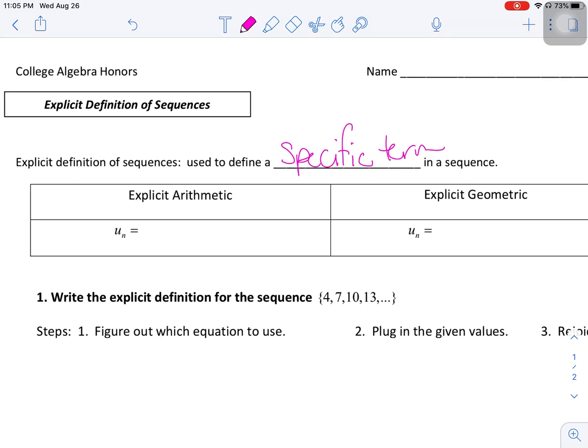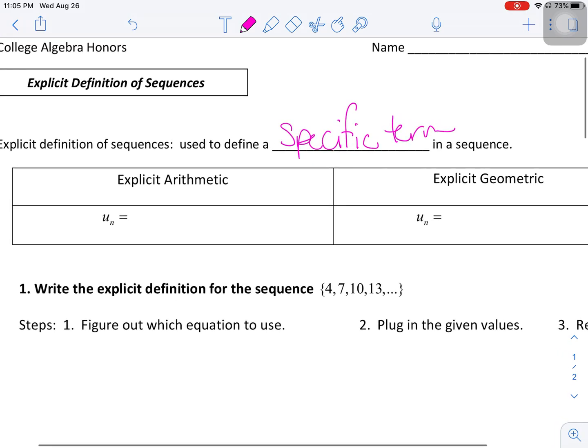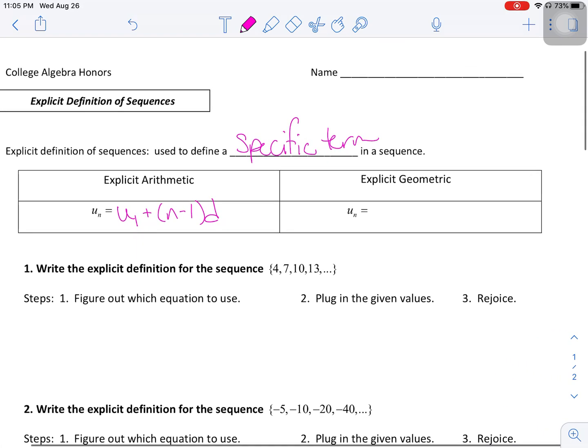So I'm going to zoom in just a little bit here. Explicit arithmetic is u sub n is equal to u sub 1 plus n minus 1 times d. That should look familiar because you've been using it for a little while. And the explicit geometric is u sub n is equal to u sub 1 times r to the n minus